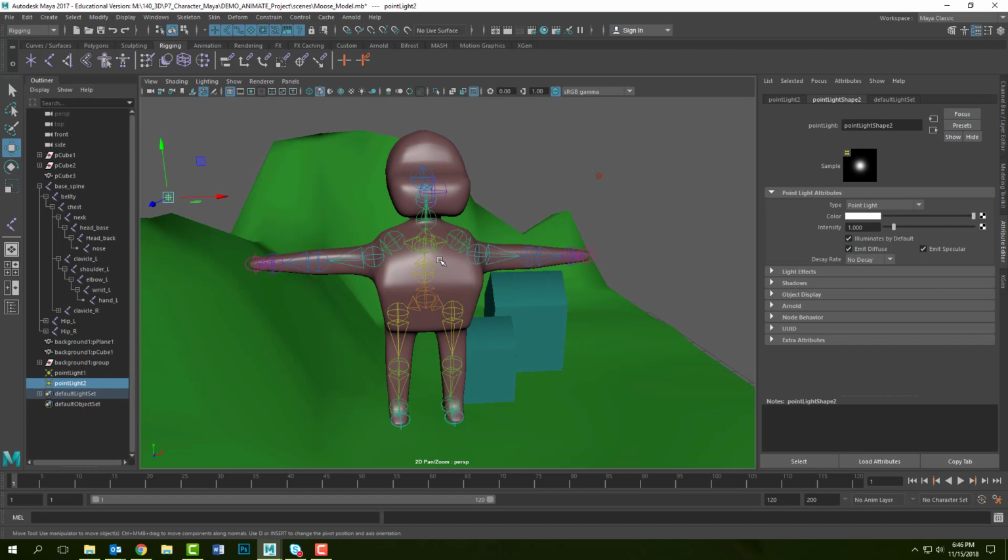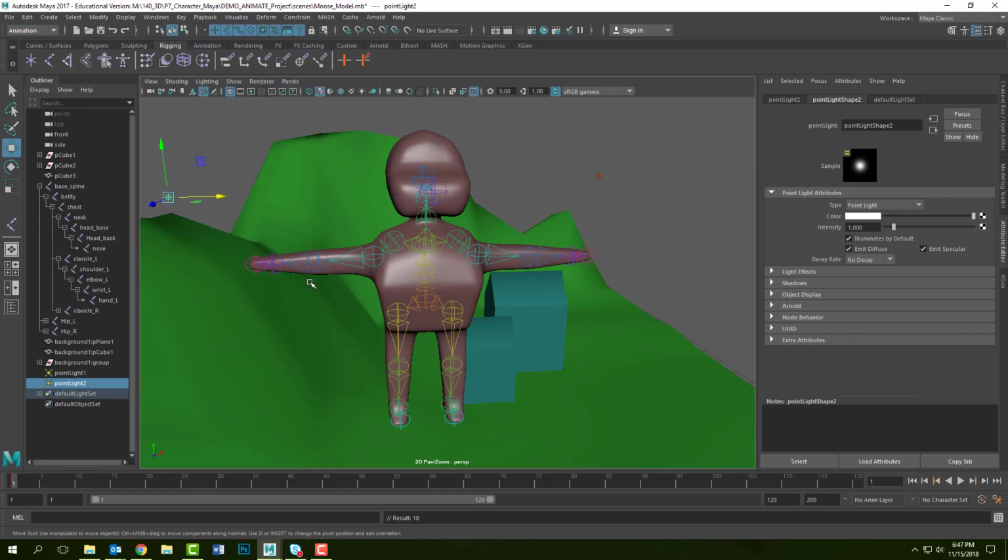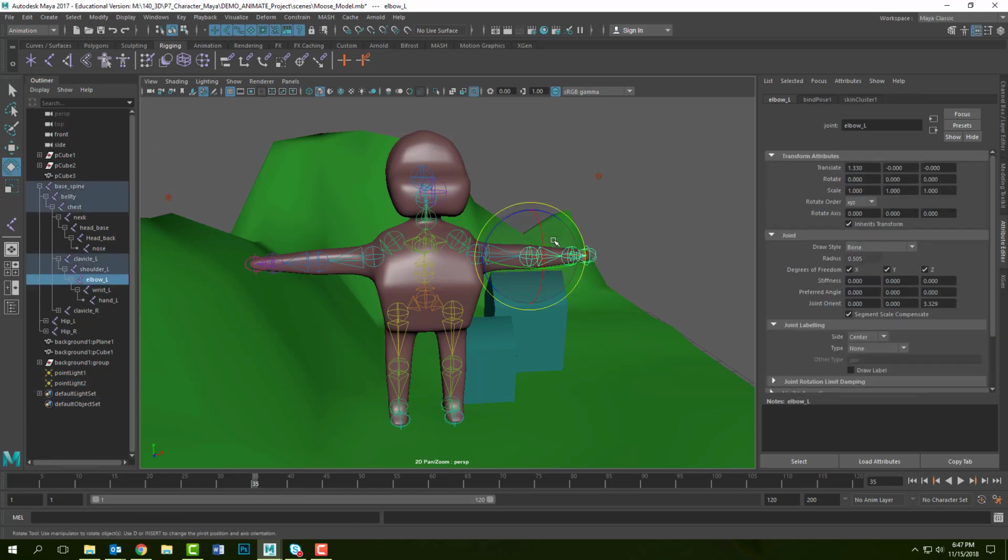Now we are going to animate it. One thing about animating in Maya is that you're going to have to set a key for each joint that you move. So let's come to the animation drop down here, and you can go to Key, Set Key. Because all of these were selected, it set all the joints there. So now I'm going to move the time indicator down, and I'm going to come into the rotate tool, and I'm going to move the